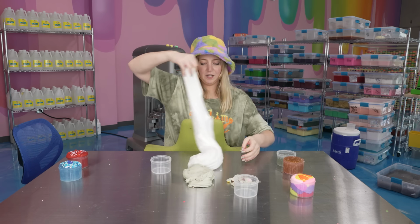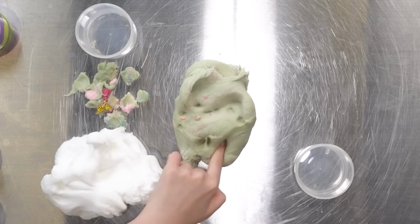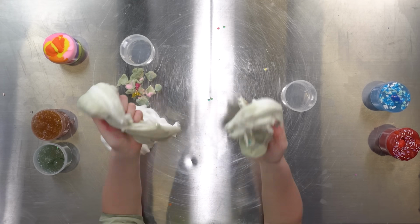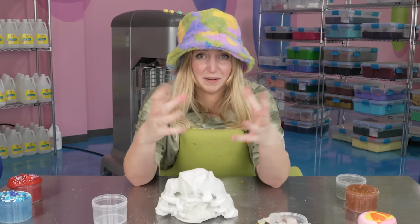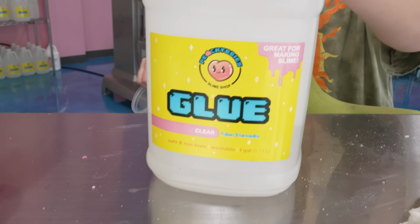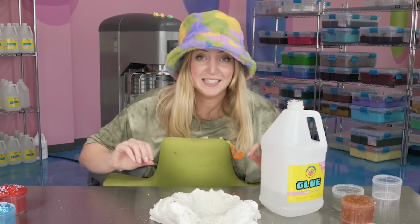This cloud slime is super duper light, so I think this is gonna be exactly what we need to fix this hard, weird, sort of cloud slime-ish slime. I'm getting like a hand cramp trying to mush these together because it's so stiff. We're gonna have to go back to the basics of slime chemistry because this slime needs a complete and total